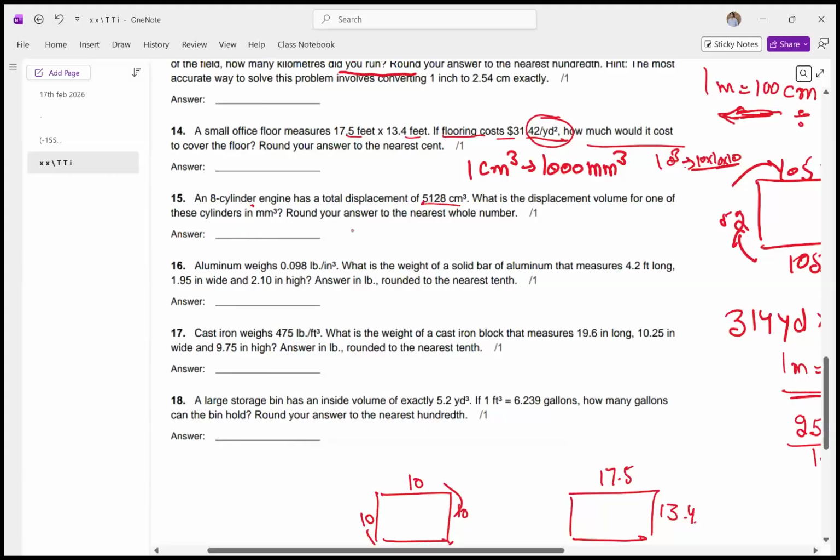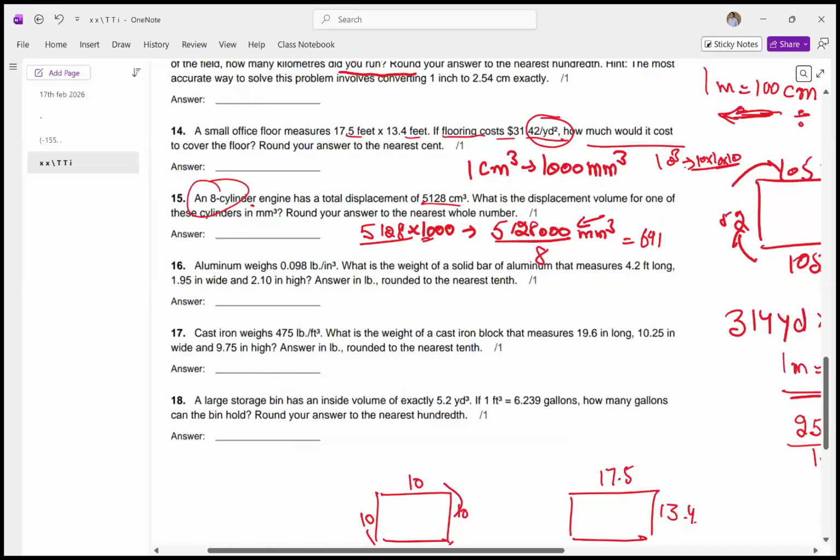So for this one, 5128 divided by 1000, that many, well, we're converting it into mm, so multiply by 1000 in this case. So this is 5128 multiplied by 1000, that's the answer, mm cube. And now this is for an 8 cylinder engine. So for a single cylinder, divide this number by 8. That's gonna give you the final answer,